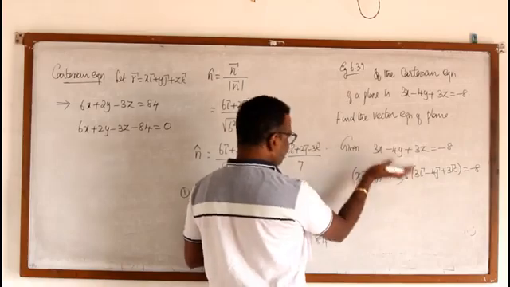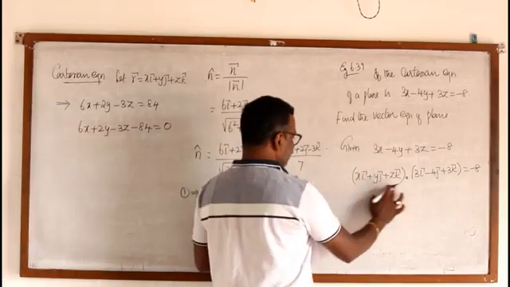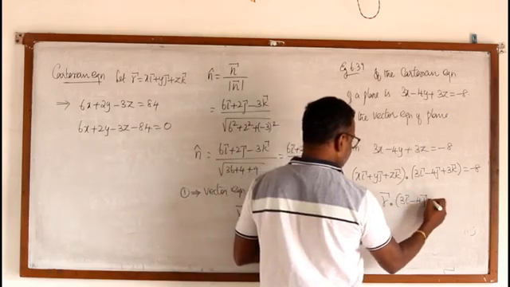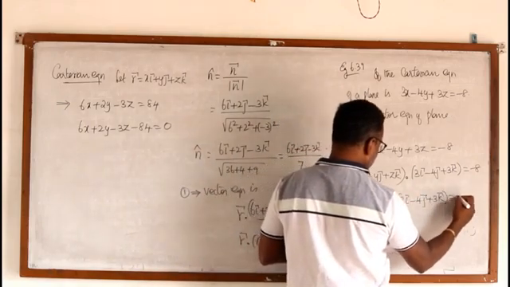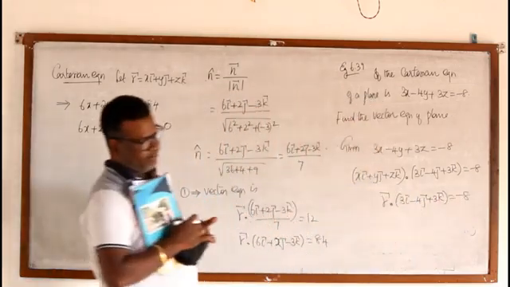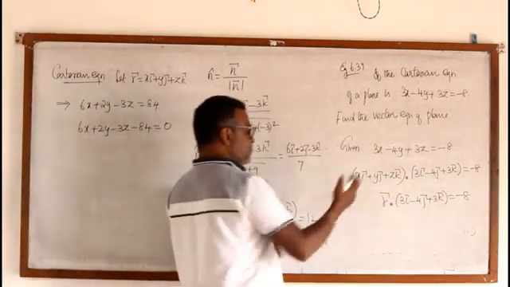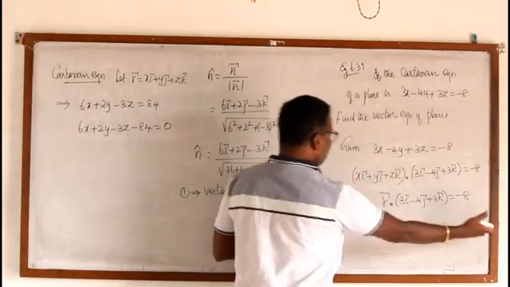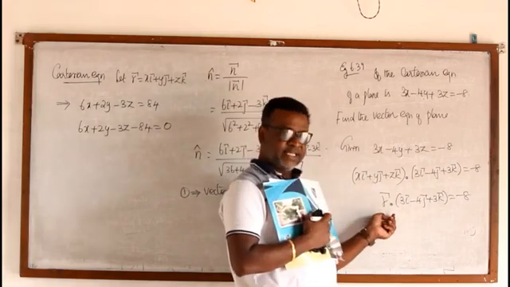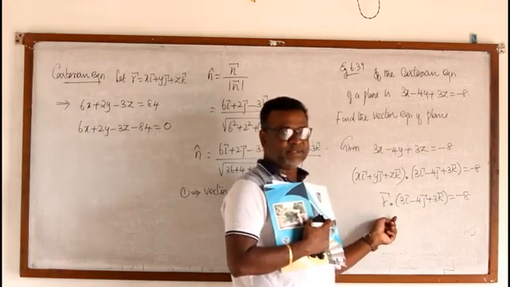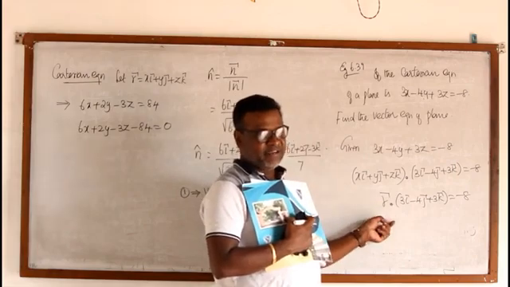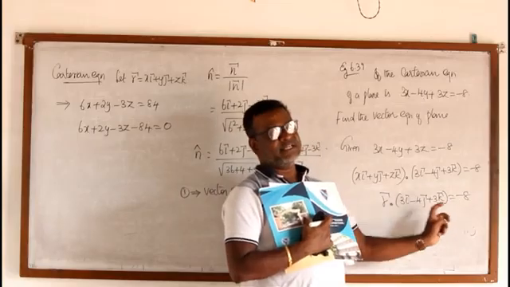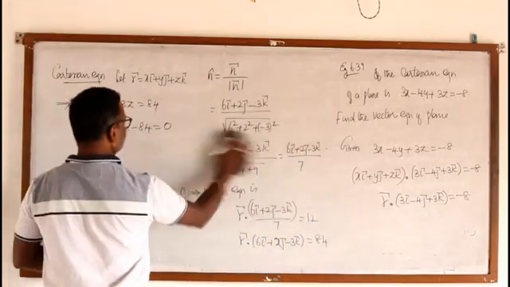If it is of this form, then only I will get this format, isn't it? And we can keep this one as r vector dot 3i minus 4j plus 3k equal to minus 8. This is the vector equation. So this is the simple form only. Instead of x, y, z, if you put i, j, k, then the normal vector will come out. So you can take xi plus yj plus zk as the general vector, r vector. So r dot normal vector n vector equal to q. This format is always the equation of a plane.